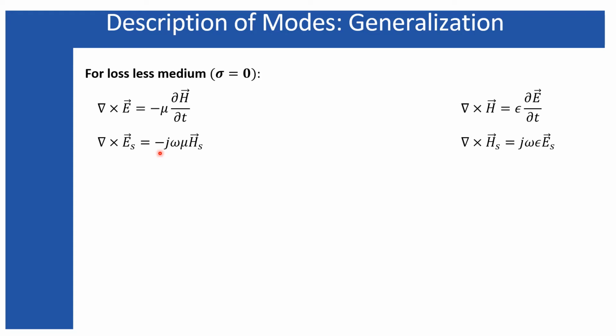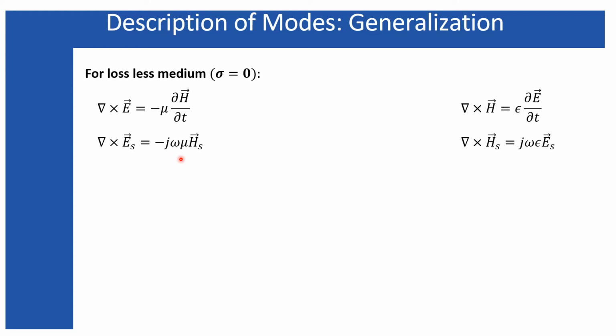But we know the propagation of the wave can be simply represented by this e to the power factor. In this particular case, as I'm assuming the propagation is taking place along the z direction, the propagation of the wave is nothing but the representation of e to the power minus j kz z. So that represents the propagation of the wave. But what about the modes, or the components, along which directions may they be present?